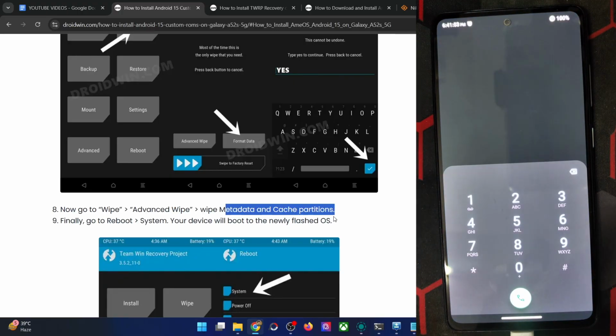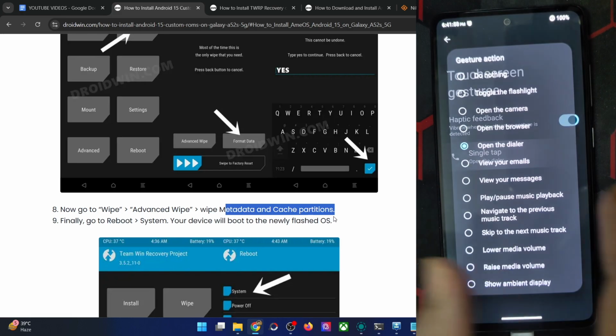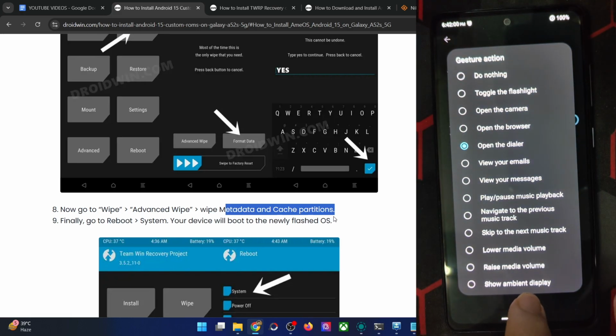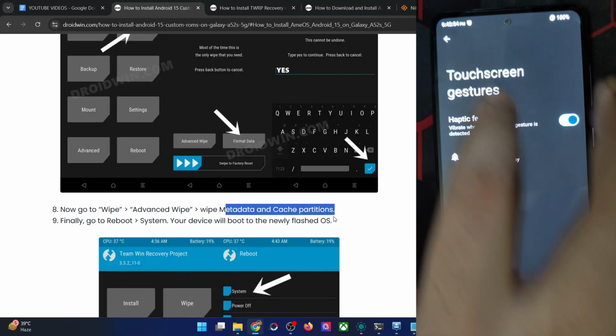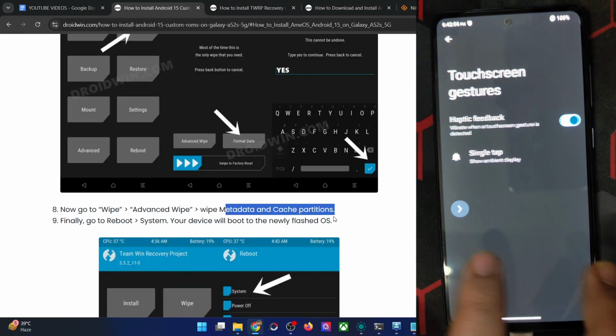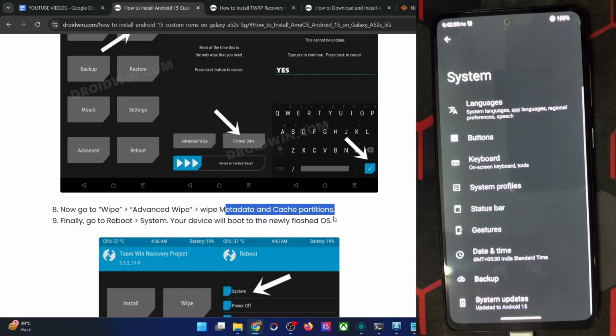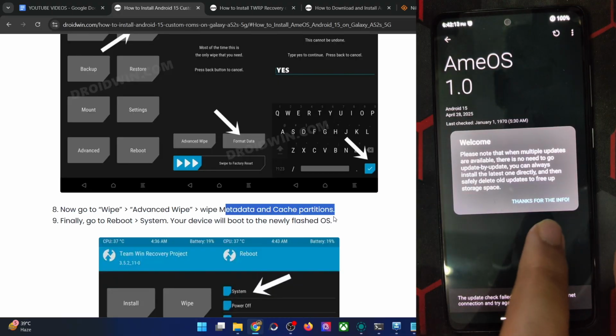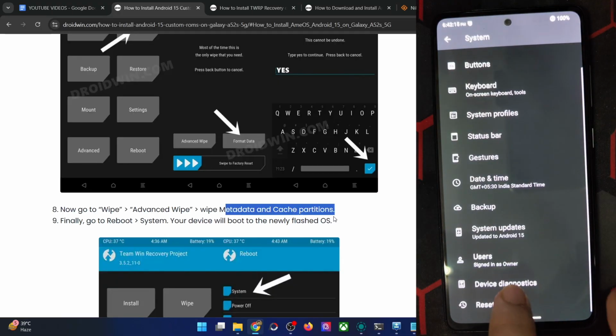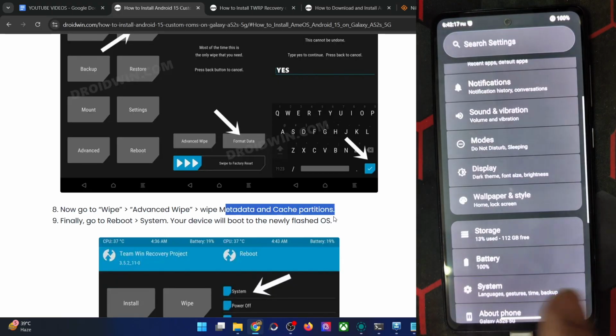Let me unlock the phone, and the dialer is open. It's quite a handy feature once again. But let me change it to AOD, because that is what I have been using for ages. And apart from that, then we have the backup system updates. You may install the update from here, or you simply flash the update from the recovery as well. It's quite optional, your choice.